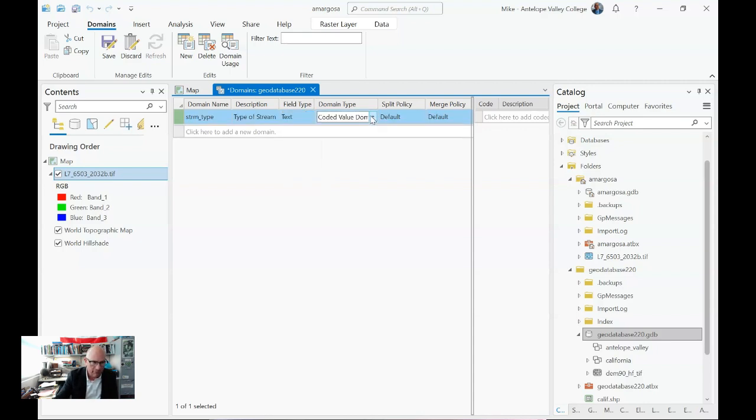Domain type, coded value domain or range. We're going to do the coded value. Split policy, merge policy, we'll just leave all that as default. In here on the right, it says code and description. So if I click here to add a new one, I'll do